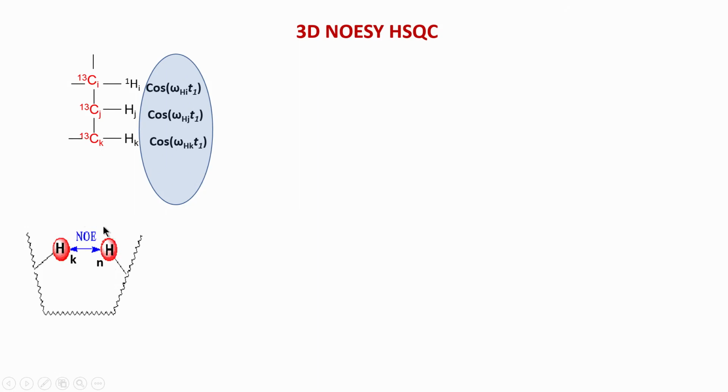We want to get the long range interaction. Long range meaning the distance is not long, but they are not directly connected, they are very far away in terms of the amino acid sequence. So you can see these two atoms are very close in space. So let us see how the correlations will come. What we can imagine is that this amino acid chain is going like this, it is a long chain and it comes back to this N. This is just a schematic drawing to indicate that there is a long chain, and this atom N comes close to this K.